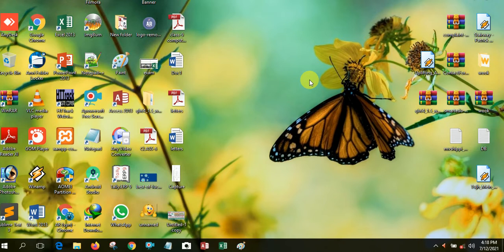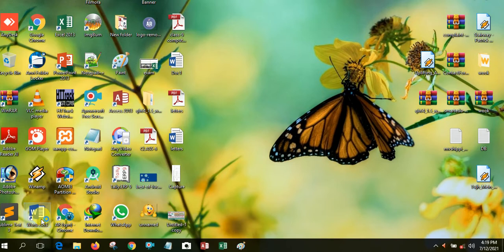Okay, so next is jump list. Jump list is useful for some applications. You can see I have already opened some applications in my computer system. Suppose you want to open saved documents from your Word application.